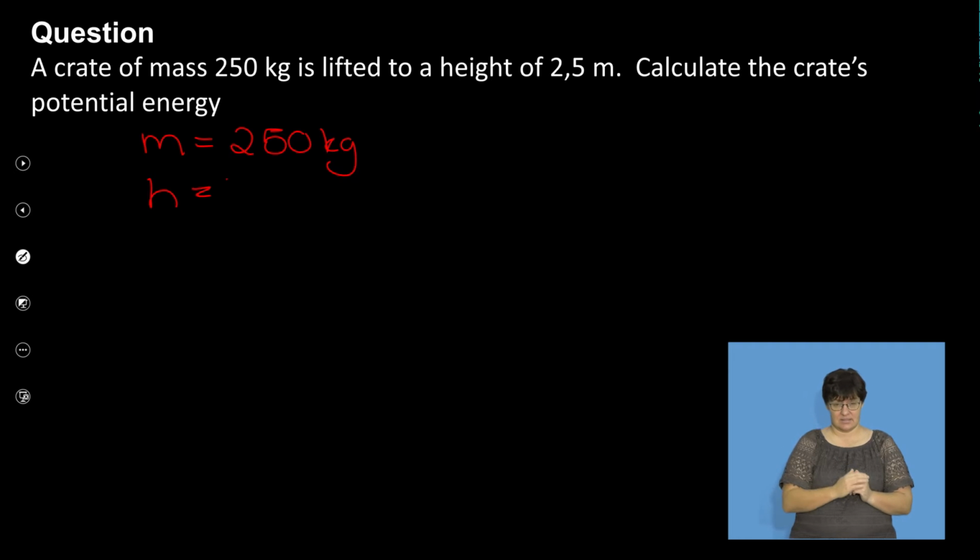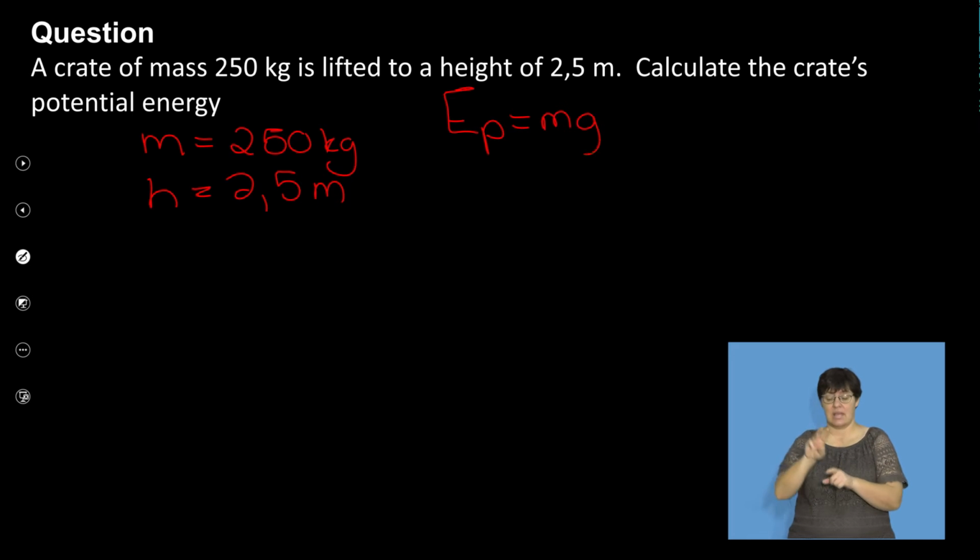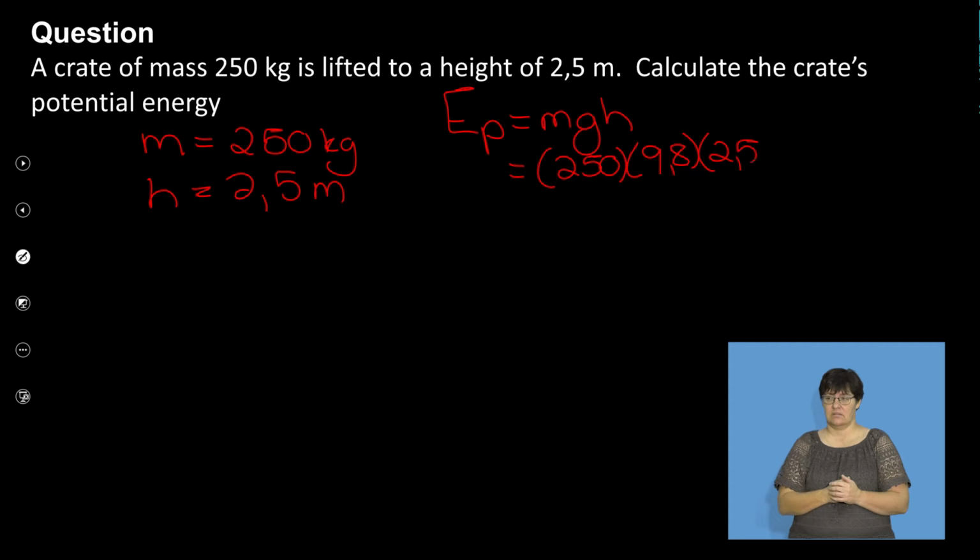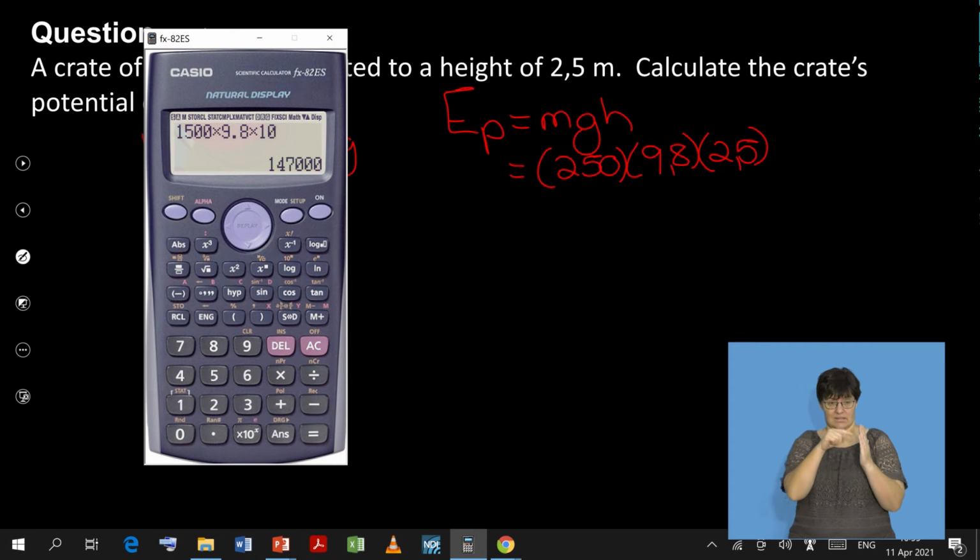Height, 2.5. So, potential energy is mass times gravity times height. So 250 times 9.8, because that's a constant, times 2.5, and we go 250 times 9.8 times 2.5,